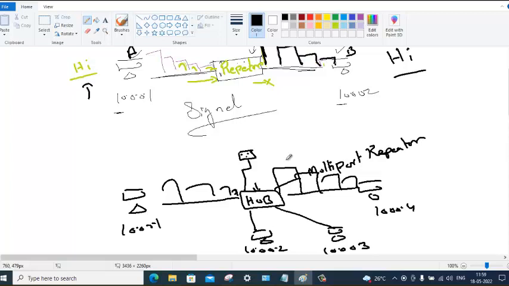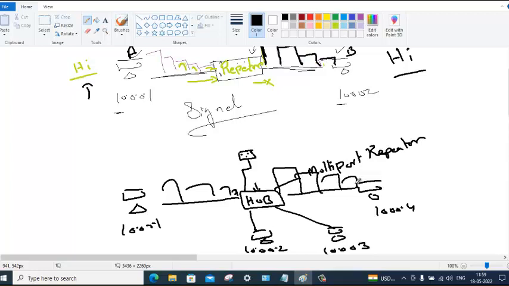But if you see any hub without this electric connection, then they cannot boost up the signal because they don't have the power. They can simply allow you to communicate between these devices, that's all. So there are some hubs which will not boost up the signal, which will be used as a junction box. That type of hub is also available in the market.